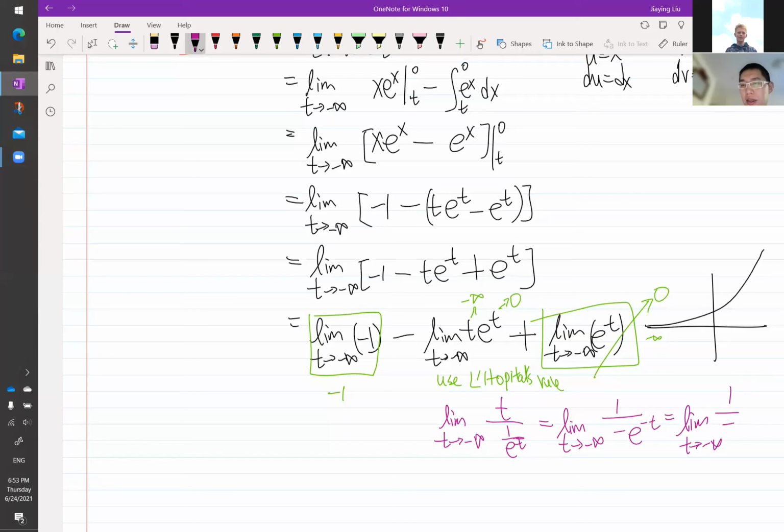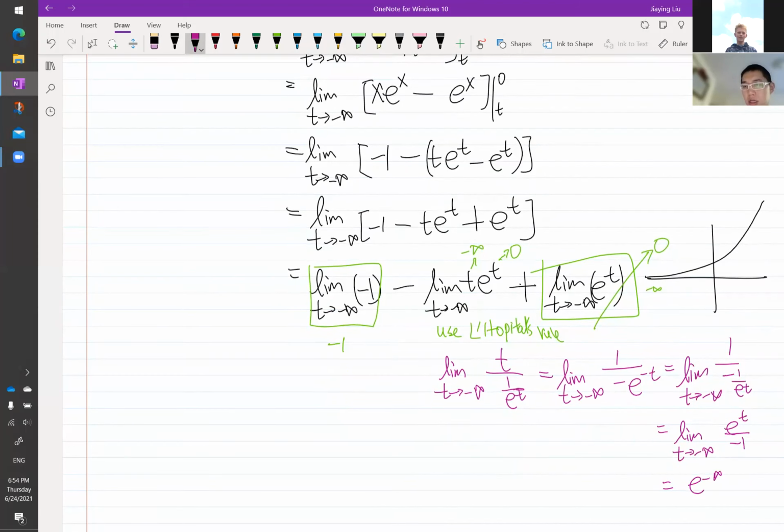So I probably should write negative 1 over e to the t, and then you can rewrite it as the limit as t goes to negative infinity of e to the t over negative 1 by flipping it around. Now if we plug in negative infinity, we get e to the negative infinity over negative 1. Remember e to the negative infinity goes to 0, so that goes to 0 over negative 1, which becomes a 0. So the middle term also goes to 0. So we just end up with a negative 1